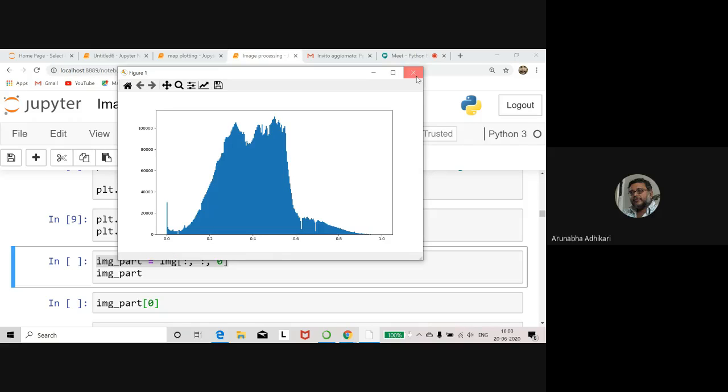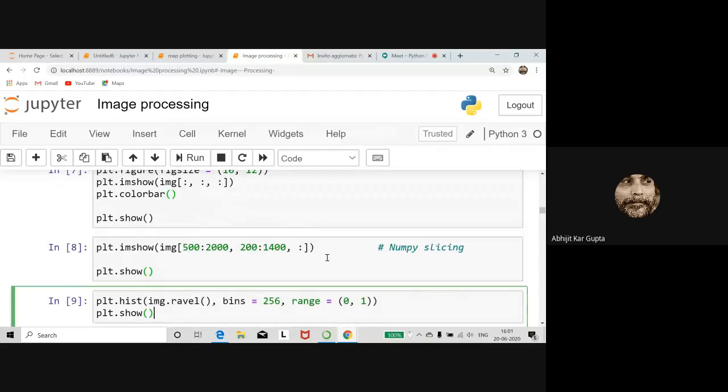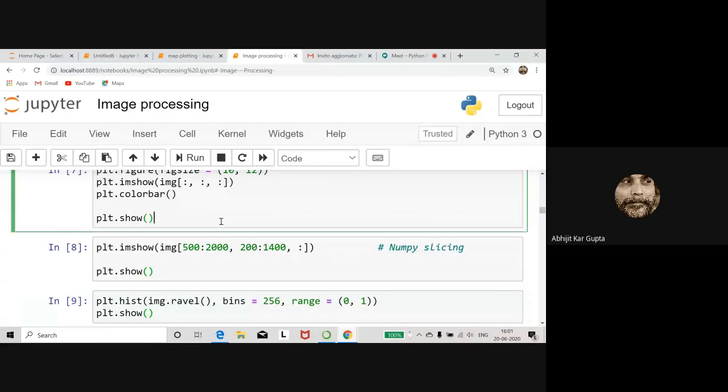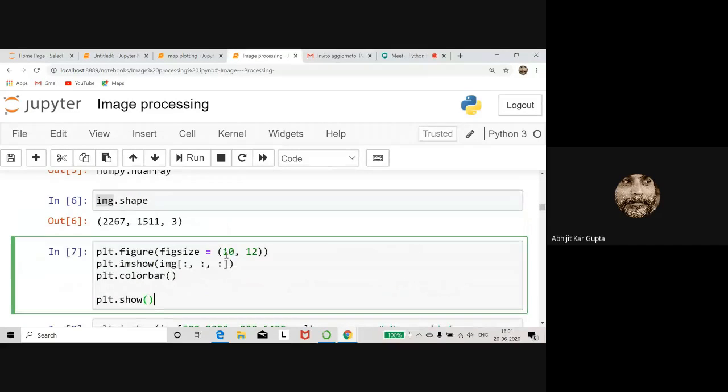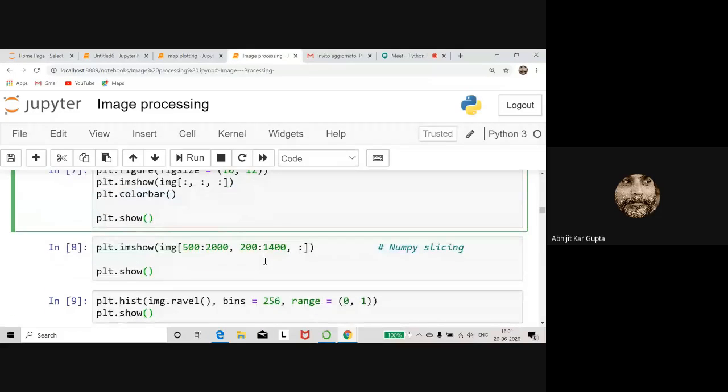I didn't understand one thing. The pixel values were within 0 to 256. Now they are converted to 0 to 1 for this histogram? Yes, the numbers are automatically converted into 0 to 1. Usually they are in the 0 to 256 range, but they are rescaled from 0 to 1. If you see one NumPy array, all the data points are values from 0 to 1.